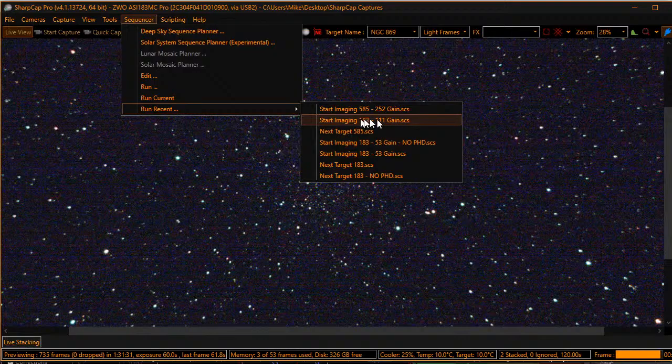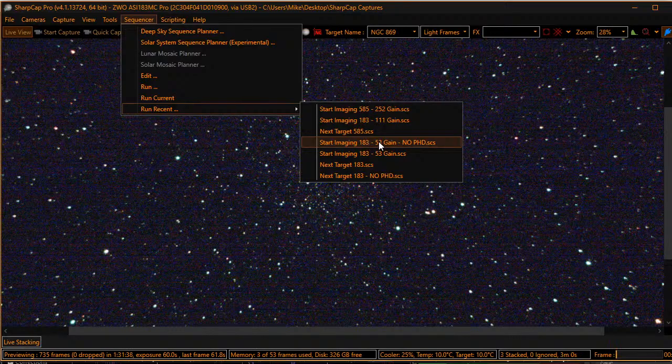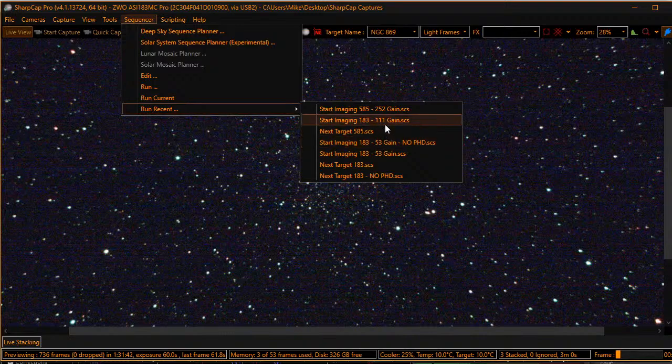I use the 183 either at what's considered full unity gain, 111, or half unity gain of 53. And so those are really the two gain levels that I use with the camera. When I'm starting imaging, when I've settled on an object and plate solved and centered it, I'll pick one of these, either a gain of 111 or a gain of 53. And then when I'm done imaging the object and I want to move to the next target,